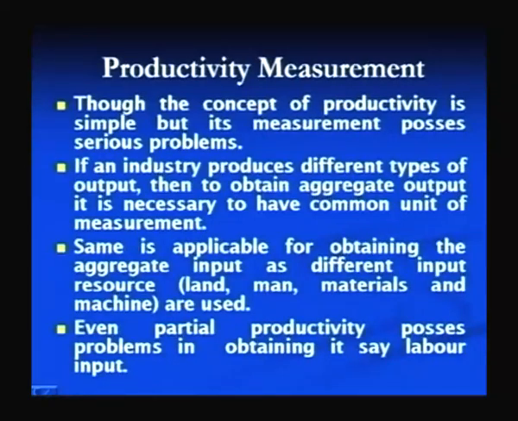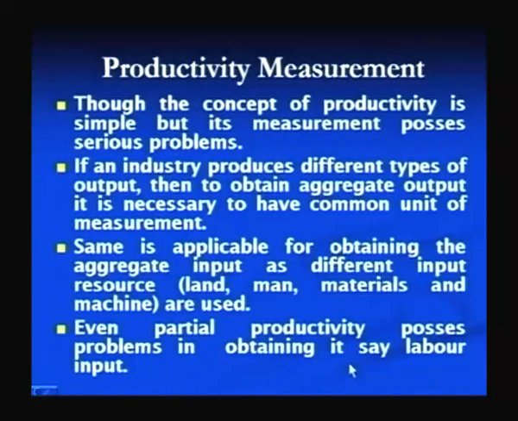aggregate output calculation is the same as the earlier one, which creates problems in calculation of the total productivity. And if we see the input, here the input resource will be used in one form, but an input resource of one type may also have different categories. Like if the labor productivity is calculated in an organization, there may be different types of labor being used for the production purpose, like the helper or the technician, supervisor, manager, or a skilled or semi-skilled worker, and the price related to each type of labor